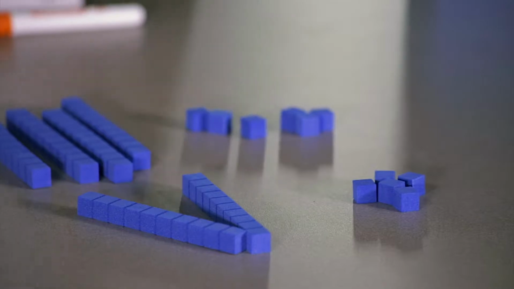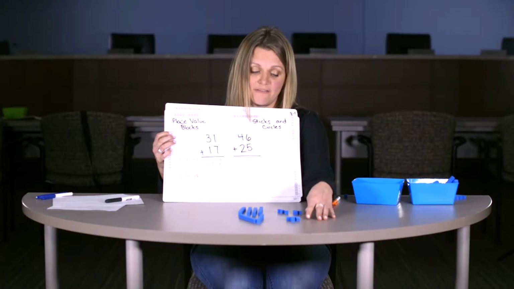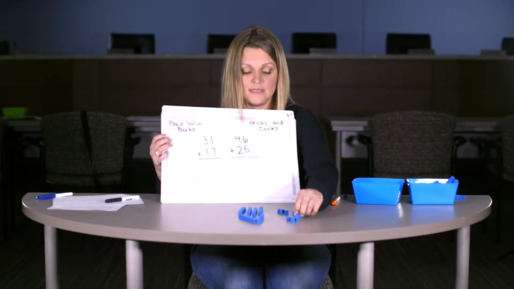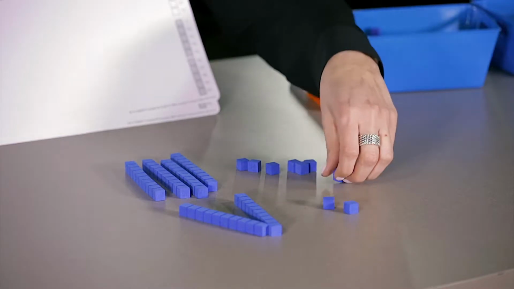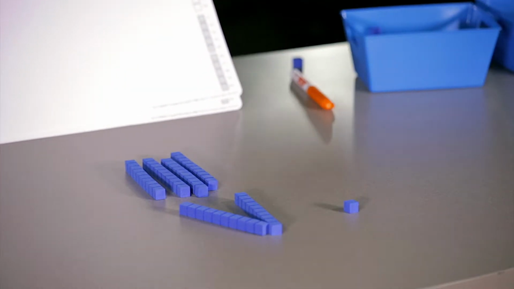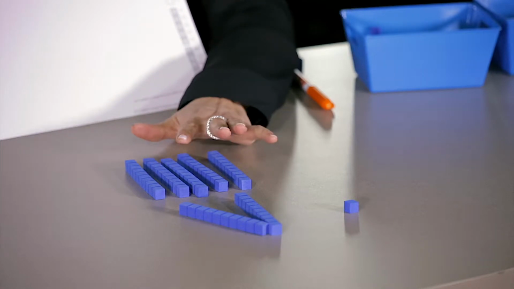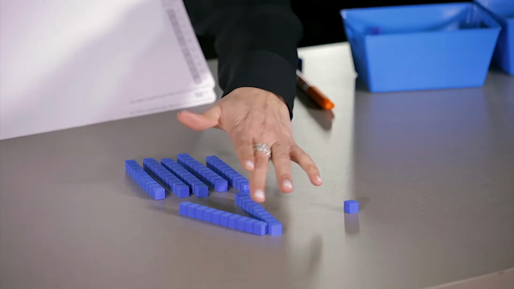The students, once again, are going to add all their 1s together, and they're going to notice that they have 6, 7, 8, 9, 10. So then they would trade in their 10 1s for a 10. Now when they count their 10s, they're going to see that they have 10, 20, 30, 40, 50, 60, 70,